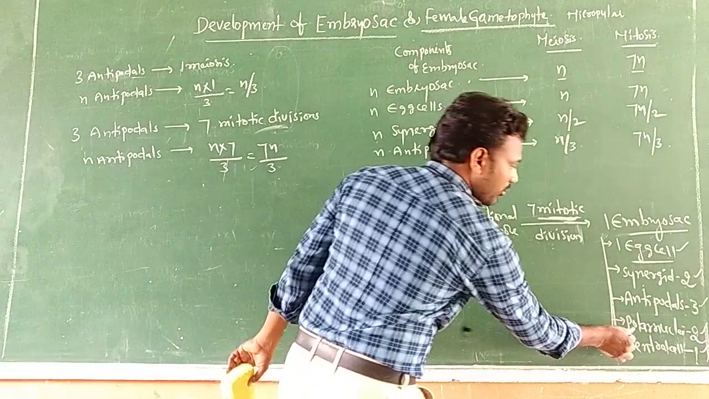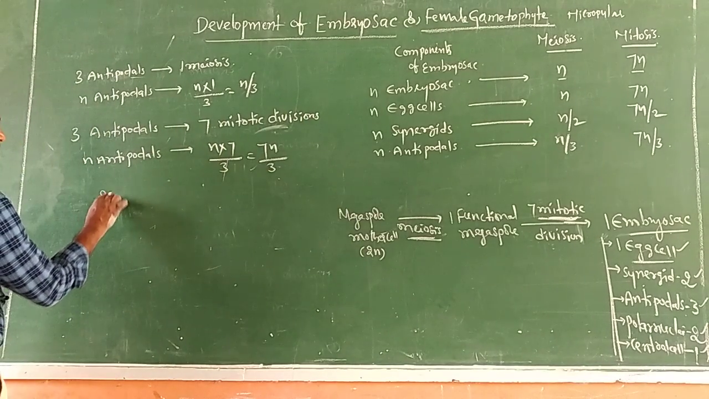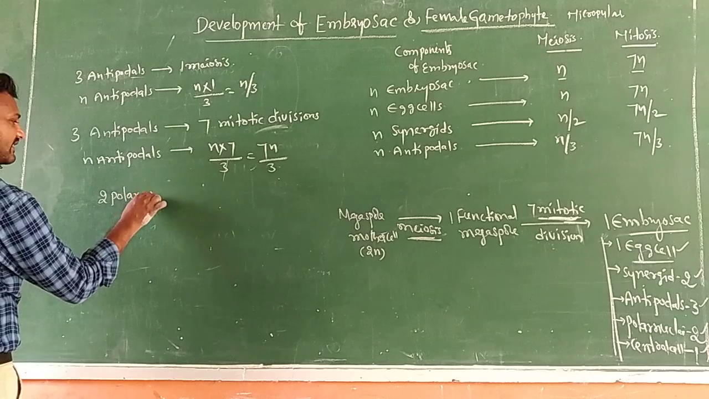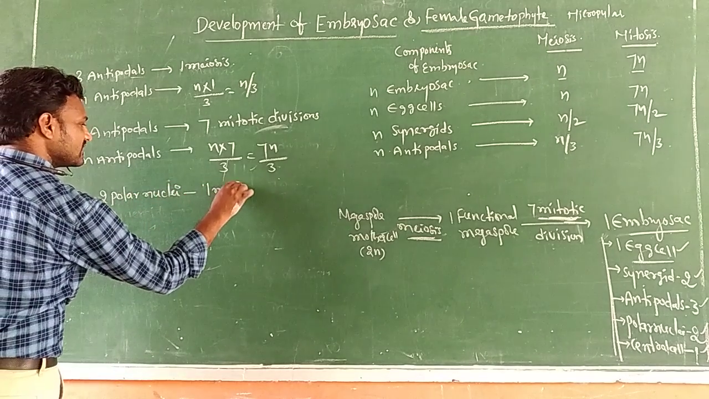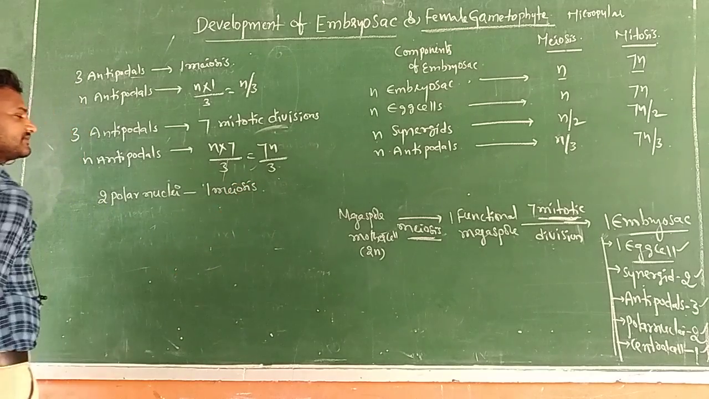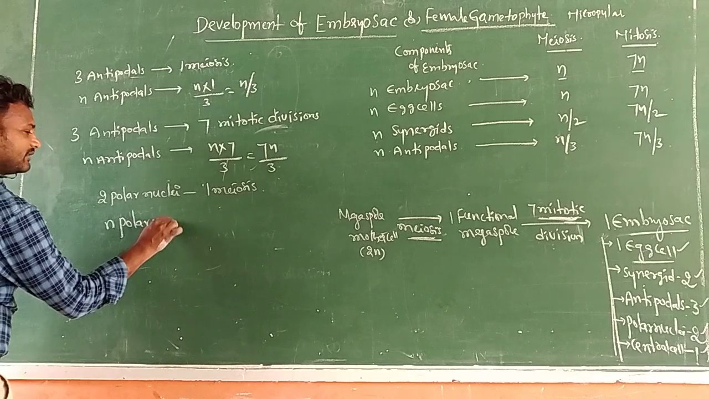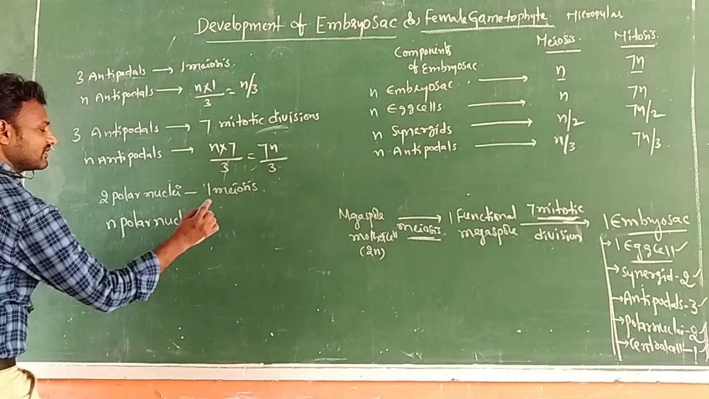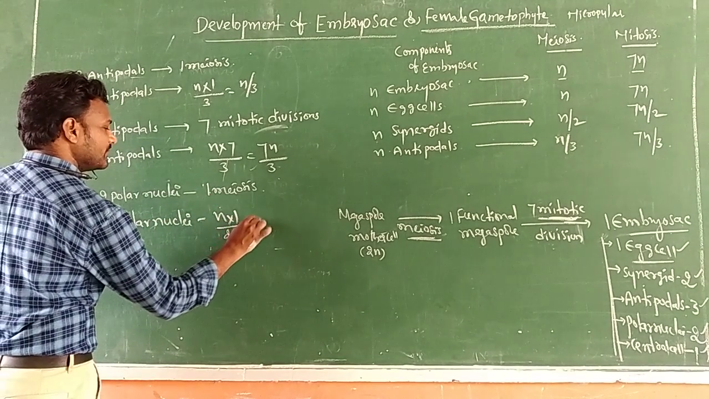Next, come to polar nuclei. How many polar nuclei? 2 polar nuclei. 2 polar nuclei require 1 meiosis. N polar nuclei require n into 1 by 2 equal to